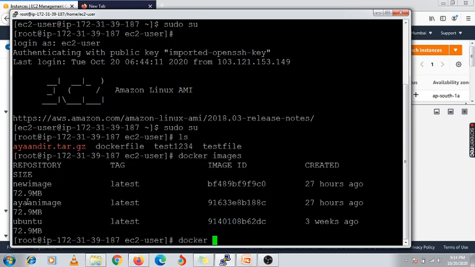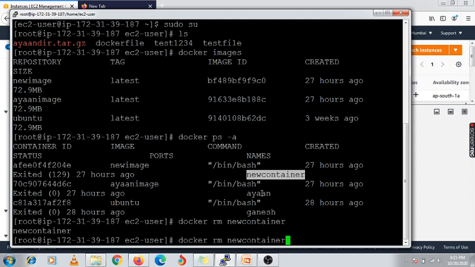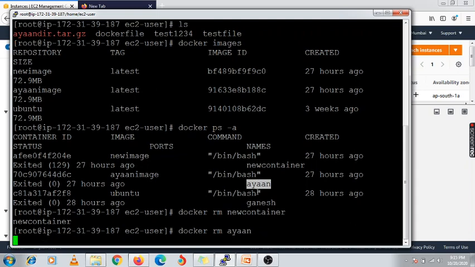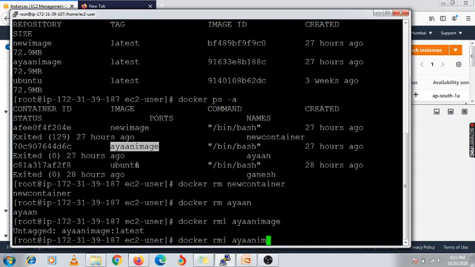So the command is docker rm. First I need to check the container name. So docker rm container name. Then you need to delete another container. docker rmi, if you want to delete your images, you can delete them using this rmi command.